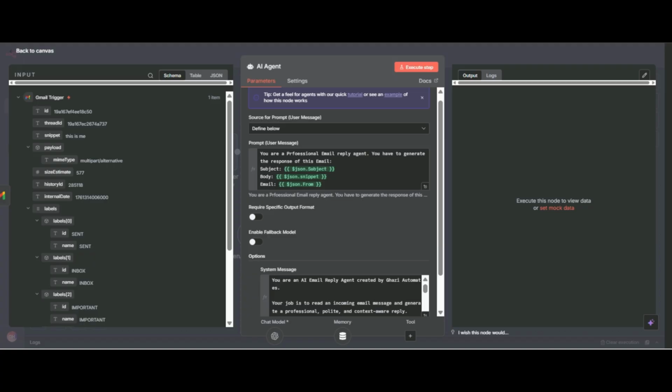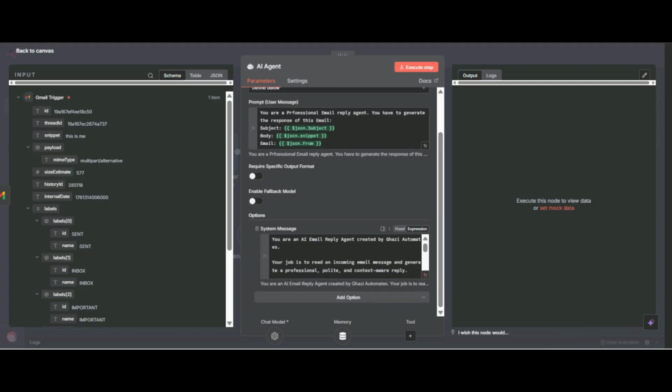But we have to generate the response in two parts. One is subject and second one is body, because when we are sending the reply by using the Gmail node, there are two options, subject and body.